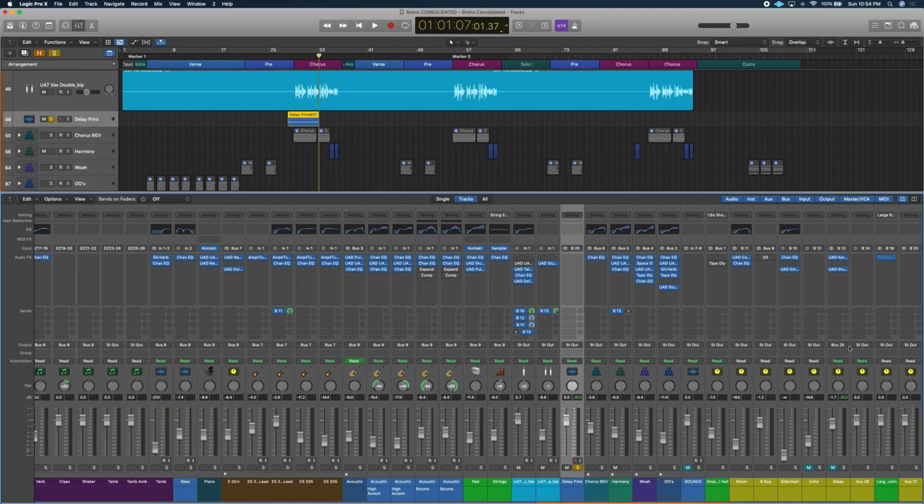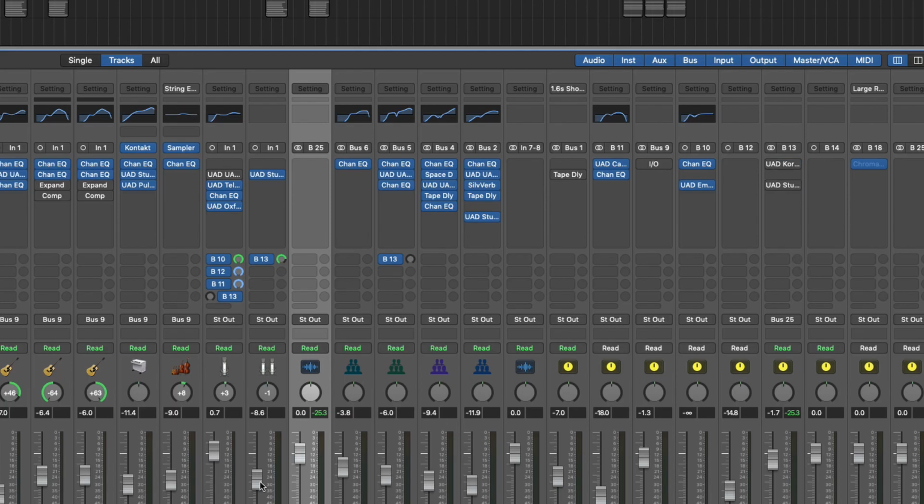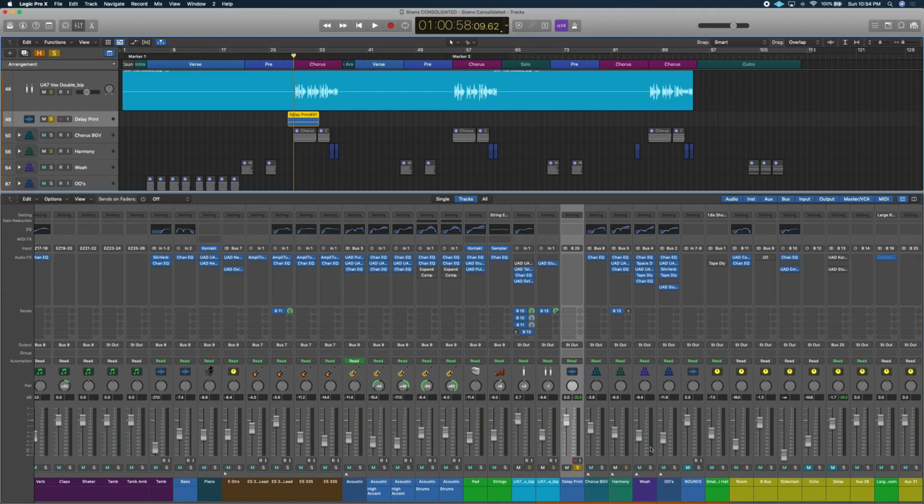So now we have that printed. We can get rid of this, turn these off, and we still have our delay effect, and we can bring that up,